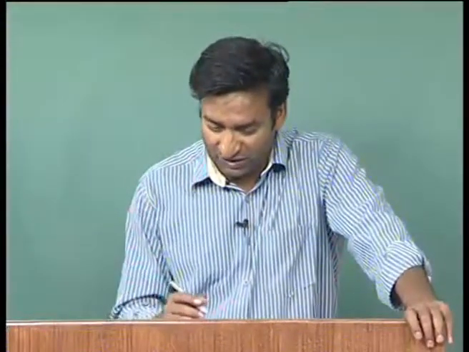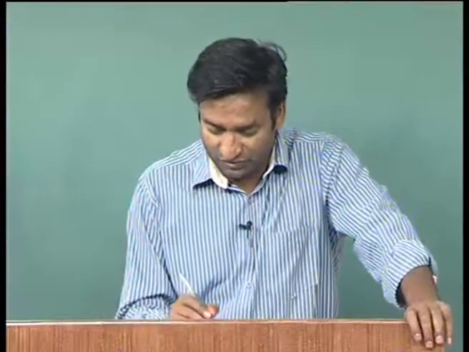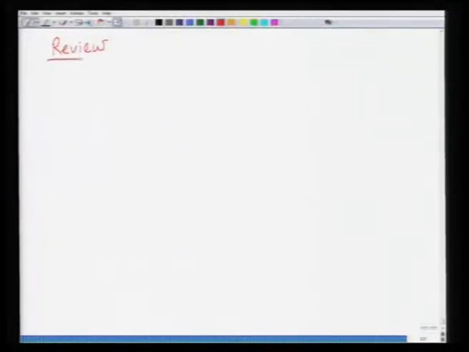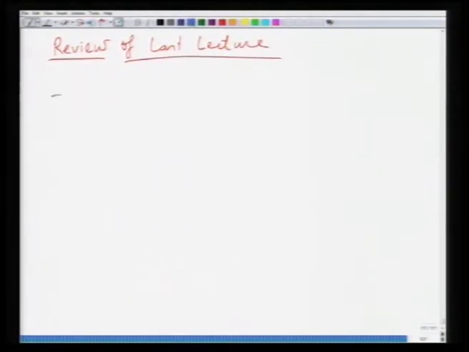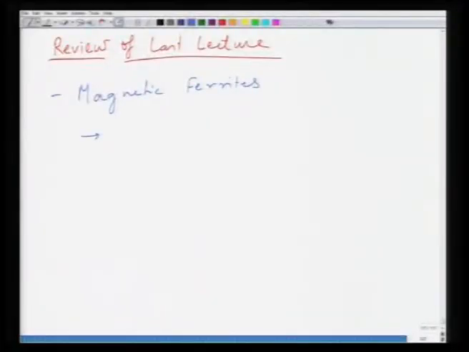So, in the last lecture we discussed, let us say, a review. We talked about basically magnetic ferrites, and as the name suggests, most of these are iron containing compounds, and that comes from the magnetic property of iron. So, the first of these happens to be your spinel